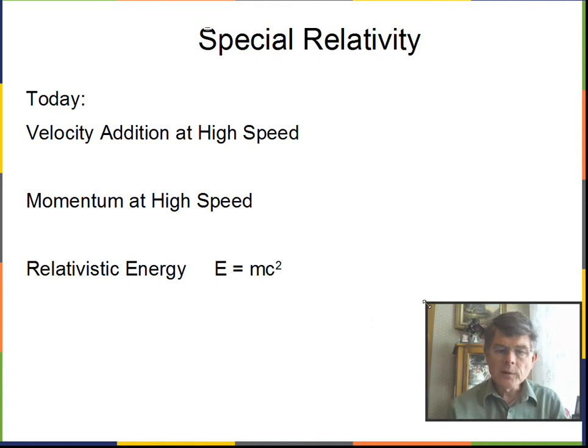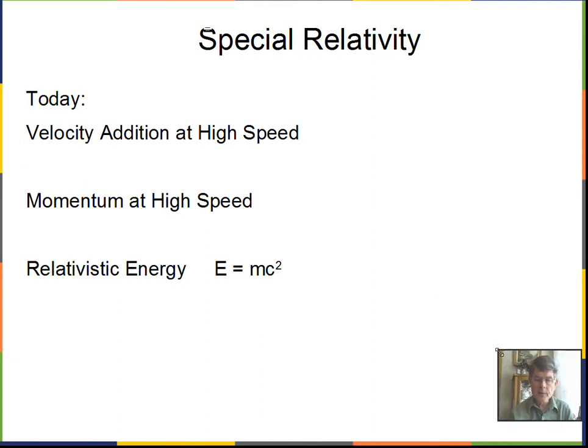Professor Clements with you as we consider Chapter 28, the second half of the OpenStax College Physics textbook. It's topics in special relativity: how we add velocities, what momentum and kinetic energy are like at high speed, why there's a limit on speed, and E equals mc squared. A few comments on that.